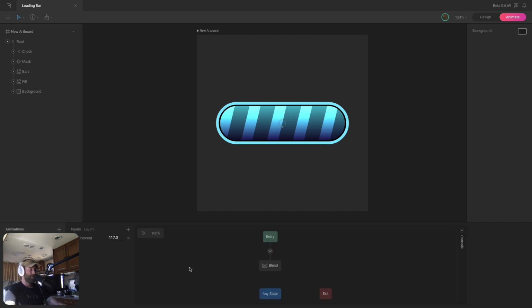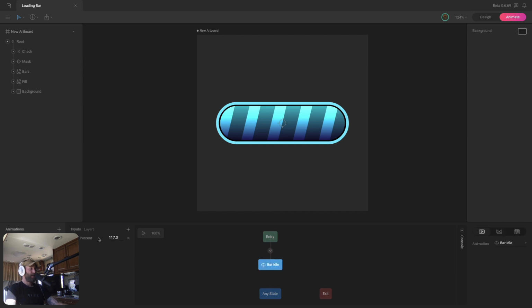So I'm going to go back to the state machine, and instead of adding the bar idle to this graph here, what we're going to do is select the Layers tab and add in a new layer. Now, what this additional layer is going to allow us to do is play another animation at the same time as our blend state. So each layer can only play one state at a time. So if you want to play multiple states at the same time, just add in a new layer and add that animation onto the new layer. So let's add that bar animation onto our new layer that we created.